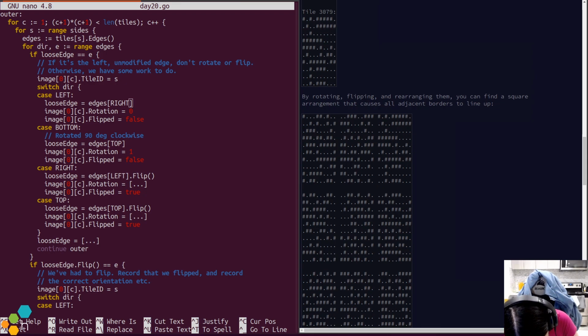Okay. Top, right, bottom, left. Top, right, bottom, left. Positive side. Okay. Negative side here.